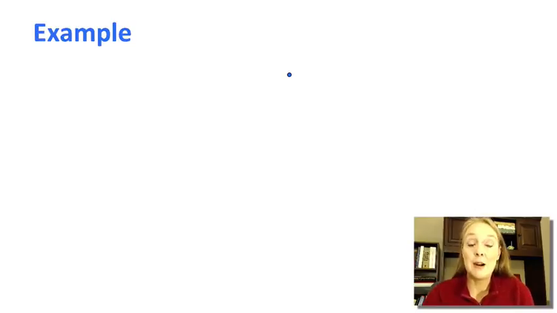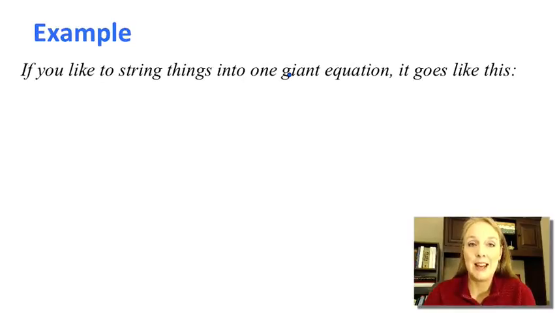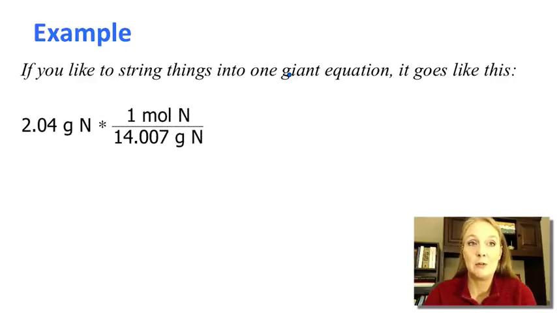So I just did that problem in a step-by-step fashion, but it's actually also convenient to do the problem as one gigantic equation. And if you like to do that, it would look like this. I start with 2.04 grams of nitrogen. I want to convert that to moles of nitrogen, so I use this ratio that there is 1 mole of nitrogen in 14.007 grams. Instead of doing the intermediate calculation, I can then just multiply the moles of nitrogen, cancel